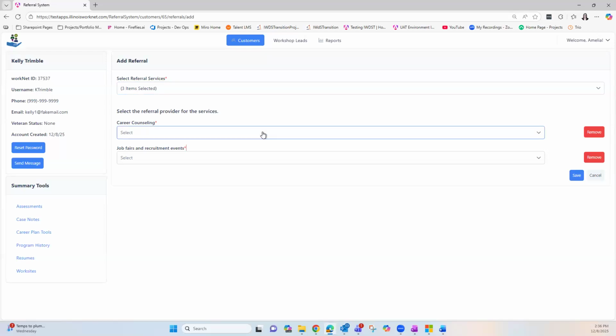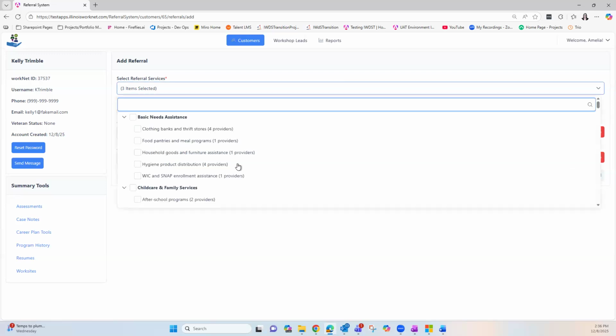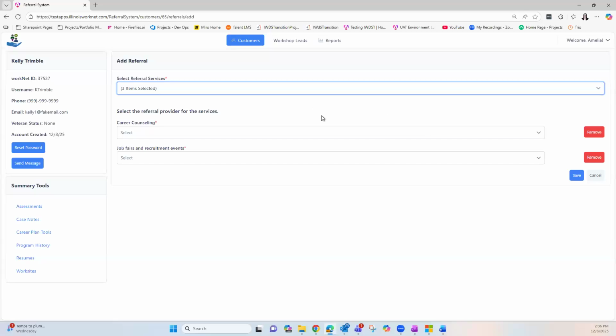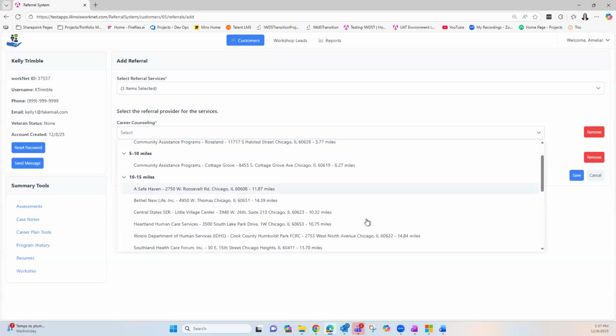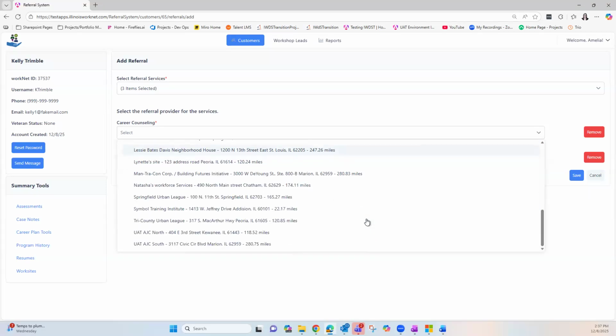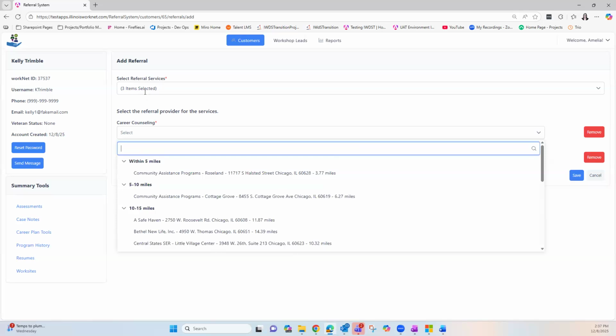And then from here, a few things that we've added. Say you're like, oh, you know what, I didn't mean to choose career counseling. You can remove that with this little remove button, versus before you had to come back in here and unclick it. So a little bit of usability upgrade based on your feedback. And as well, based on feedback, we're breaking down what's closer and what's further away. It's showing you all of the people that provide that career counseling and breaking it down